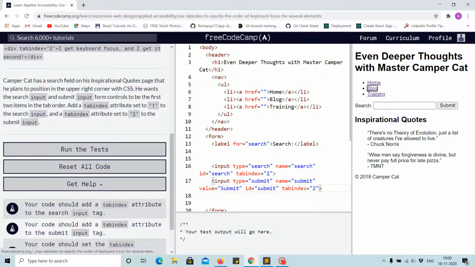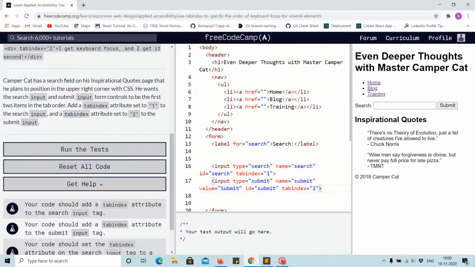We can see that when we click here first, then it goes to submit, then back to the first, meaning the elements with tabindex 0 come later than the search, but it's simply ignoring that when we click anywhere here.